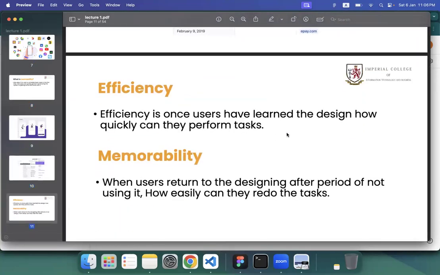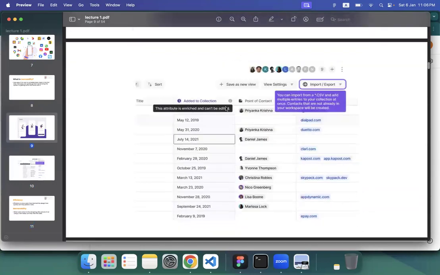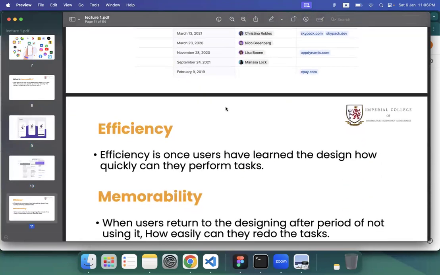Efficiency is once users have learned the design, how quickly can they perform a task. So in learnability, they learn the user flow. Let's again take something like Instagram. The first time you download the application, you don't have an idea about how to post, how to comment on someone else's post, or how to send a DM. As soon as you learn the process, how to send a DM or how to post a picture, you know that this is how we can do it. So